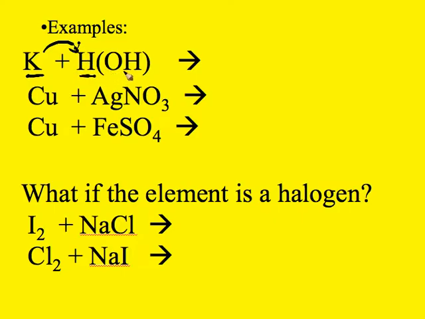So why did I write water as HOH? Well, if I write it as HOH, it reminds me that it only replaces one hydrogen. And my product is going to be K, which is a +1, OH, which is hydroxide, and it's a -1. So that's one product, KOH. The other product is going to be hydrogen by itself, and since it's one of the Magnificent Seven, it'll be